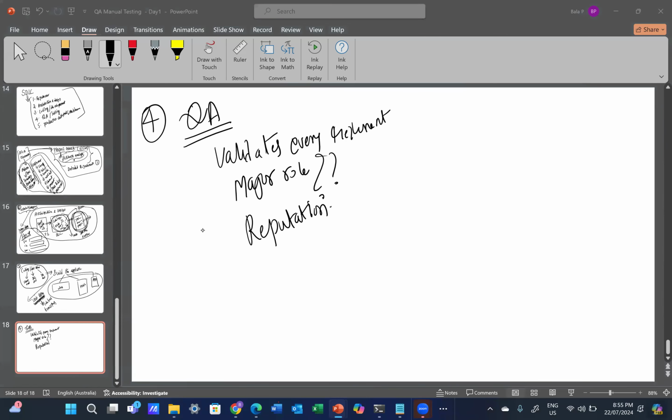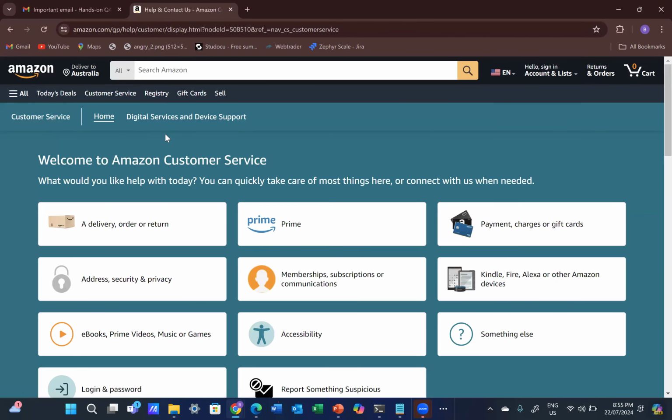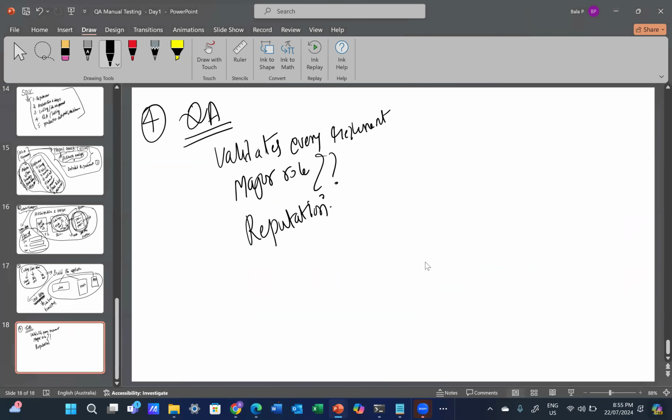Otherwise, suppose I open Amazon.com and when I click on customer service, it goes to a blank page or takes some time to load. Will the users really be happy with that? No, right? That is why, in this competitive market, to stay in the game, they invest a lot of money,